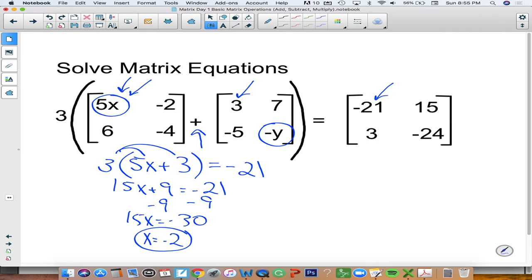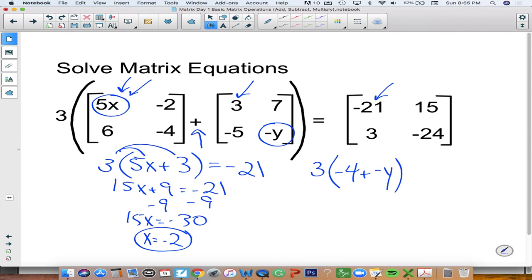So see if you can set it up for y and solve for y. All right, so see if you can get that y. Tell the people at your table what the y value is, and pause the video so they have time to do that. All right, back here, let's set up our equation. We got that 3 out front, scalar multiplication, -4 plus a -y. I'll just write it as it is there,